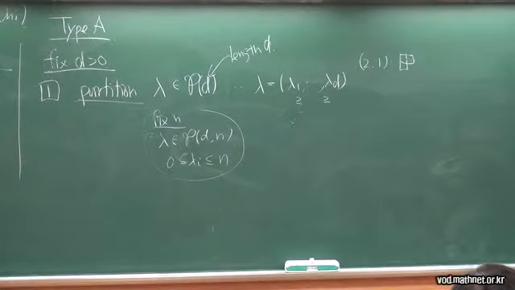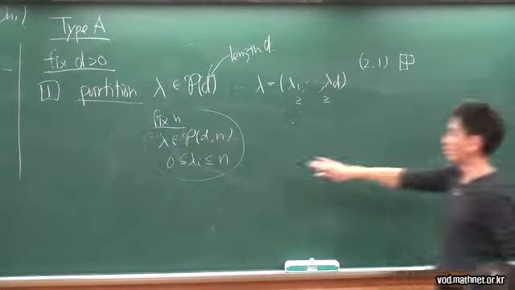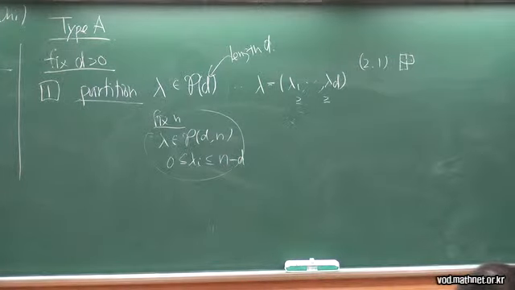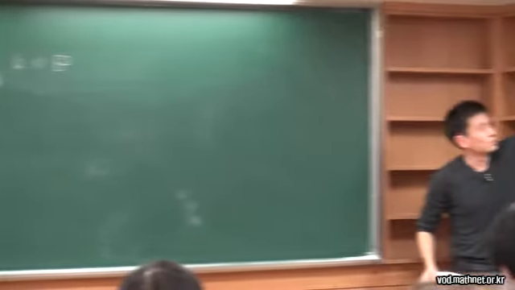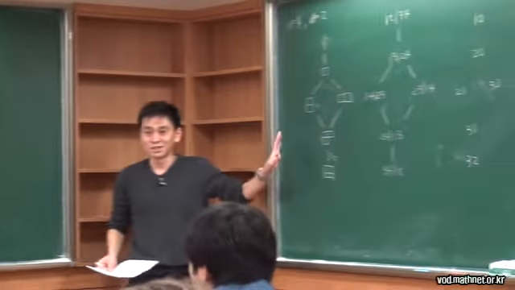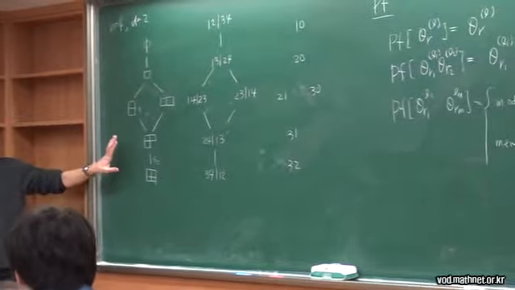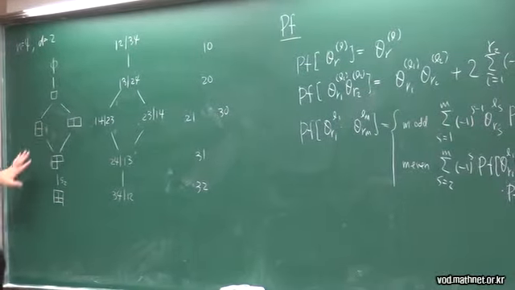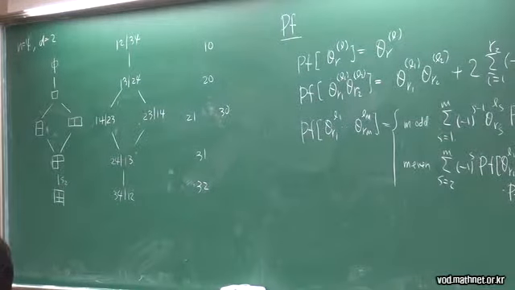No, sorry, this is n minus d. So the n equals 4 and d equals 2 case. I have these 1, 2, 3, 4, 5, 6 partitions. I'm not explaining the diagram, why there are these edges, right now, but